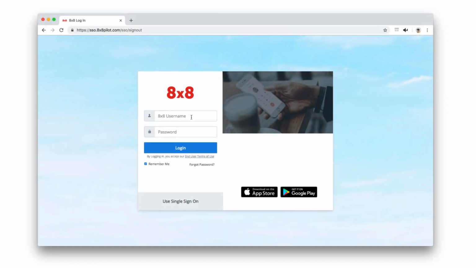Hello and welcome to 8x8's new self-service e-commerce platform. You are no longer going to have to call in to your account manager to order more phones or upgrade your licenses. To view your 8x8 support portal, navigate to the online platform